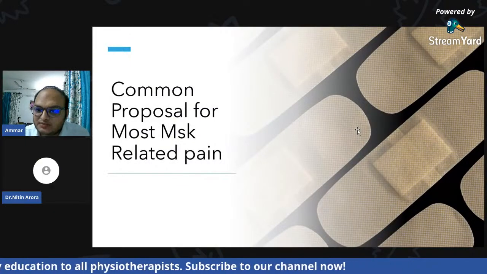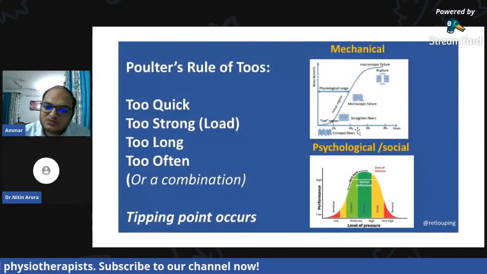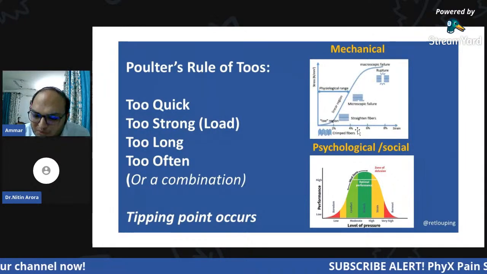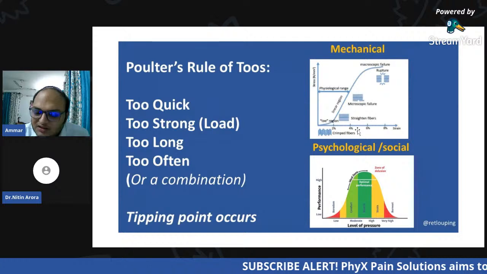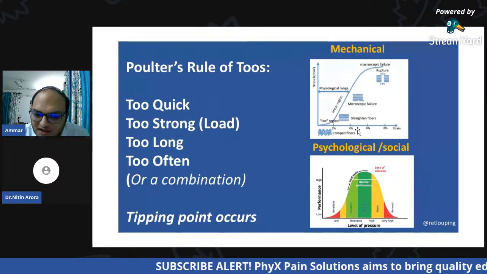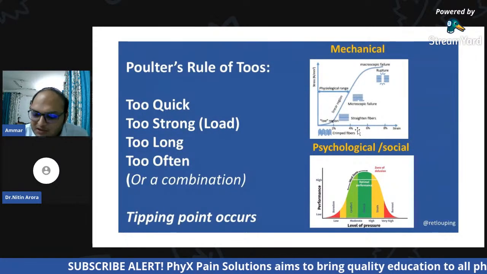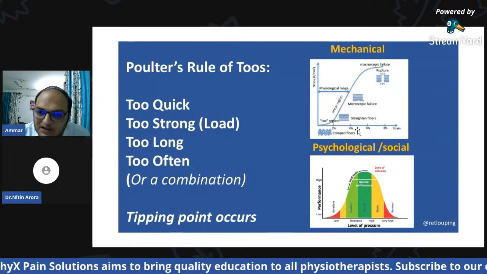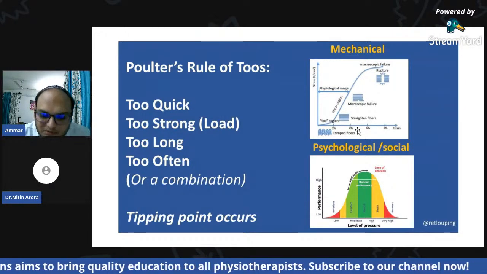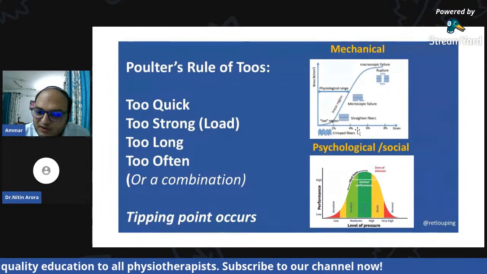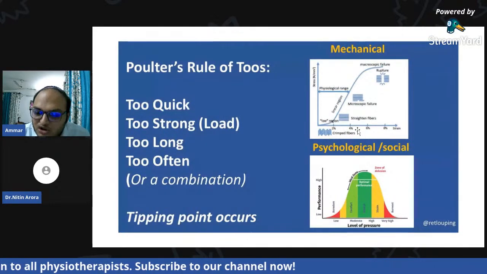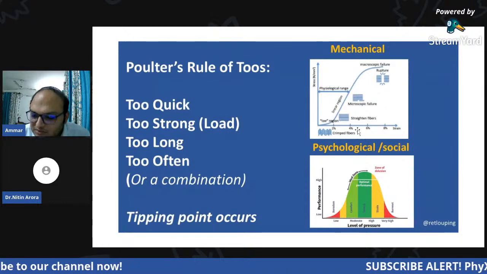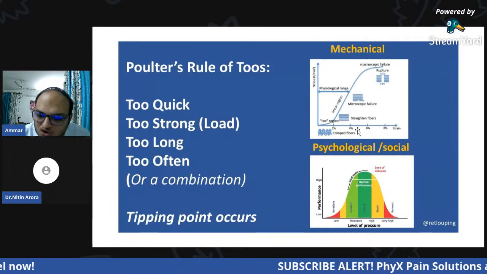I think I spoke too much, so let me show you a simple slide which can explain a lot of pain. That is known as Poulter's rules of two. Twos means the majority of the simple problems, which we call strain, sprain, you slept at night and in the morning there is pain, you lifted something and got pain. Simple problems, they usually result from these four problems. Either you did a movement which was too quick and you were not used to it, so you got a strain, stretched ligament or a muscle,